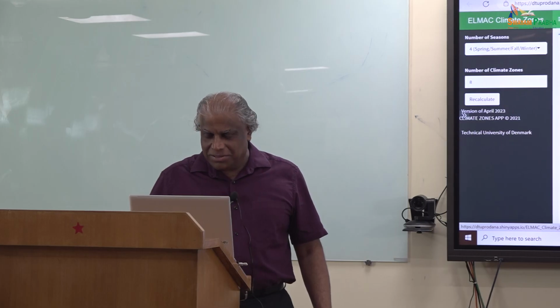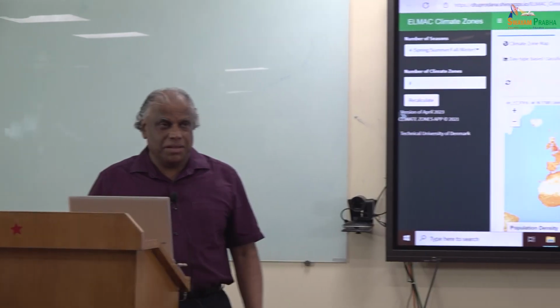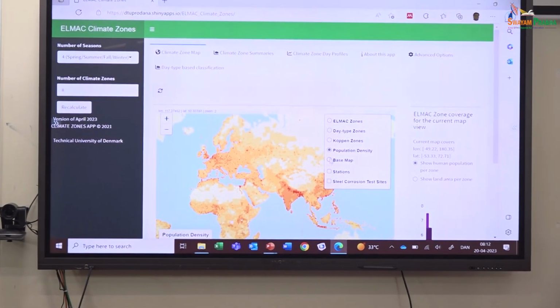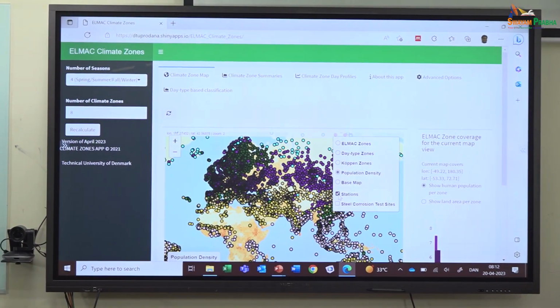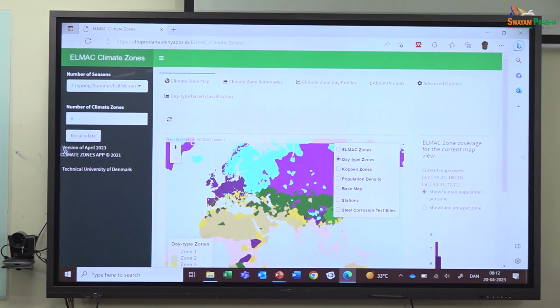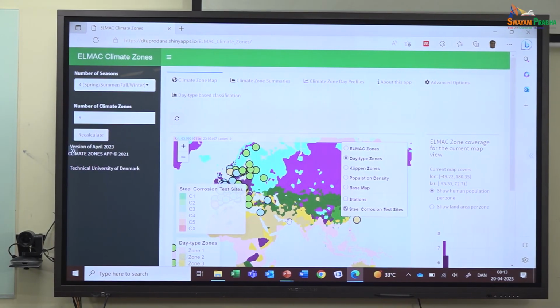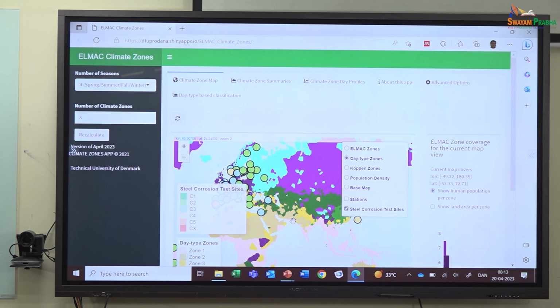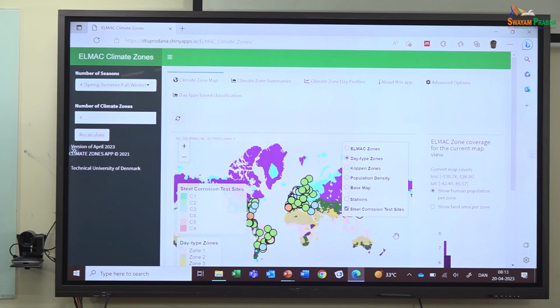There's an additional thing in this, that is we also put population density, because this is sometimes useful information to know. Another one is these stations, which show where we took the data from. You have this corrosion data telling about the atmospheric corrosion. So there are atmospheric corrosion test sites all over the world, and we took that data and overlapped it on this plot. So if you just open one of them,